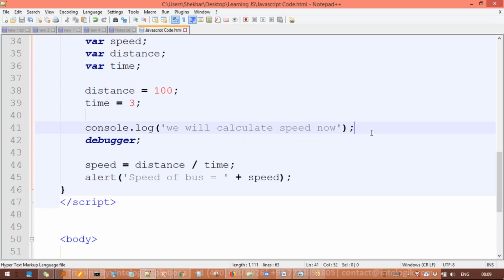Okay, we'll calculate speed now. Here also we'll make it an alert. Easily you can learn these things by alert. We'll calculate speed now,